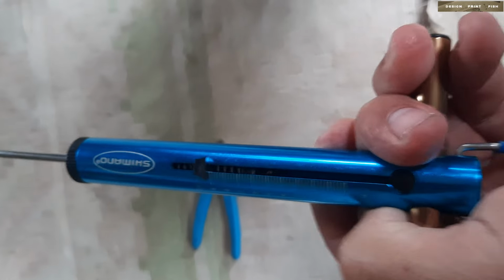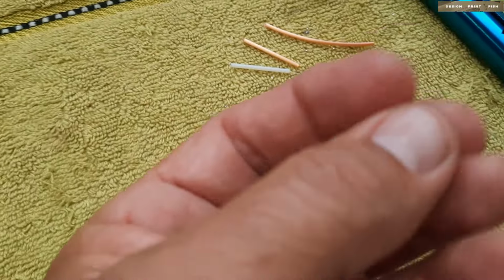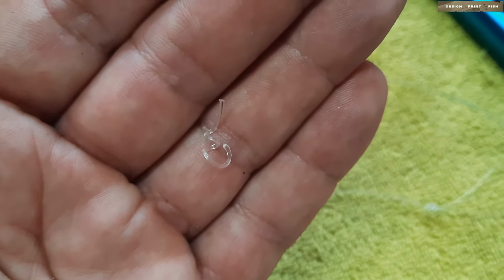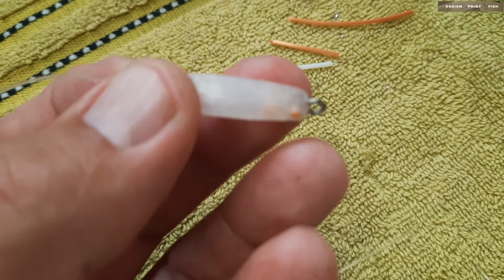You can see I'm actually bumping that. Something broke. Let's have a look. It actually wasn't the lure, the eyelet or anything. Okay, so I had a look around and I found this. Now it looks like the knot slipped, but I think you can safely say that it also snapped, because that is the other half. Yeah, so I just thought I'd show you that, but clearly my eyelet did not break, did not pull out,